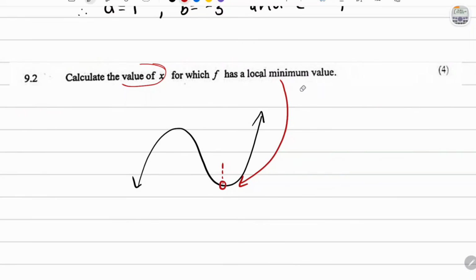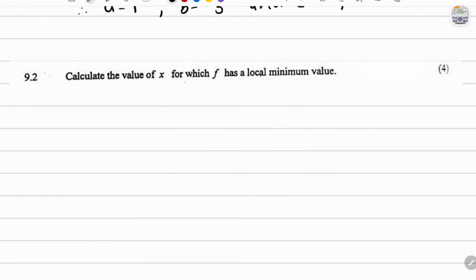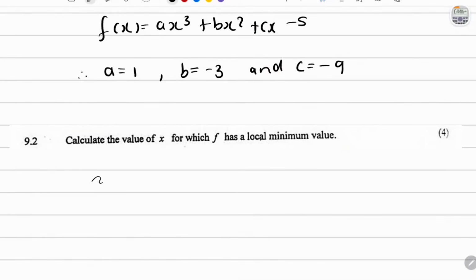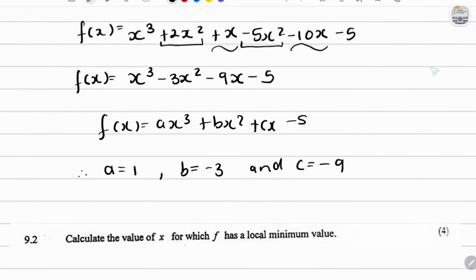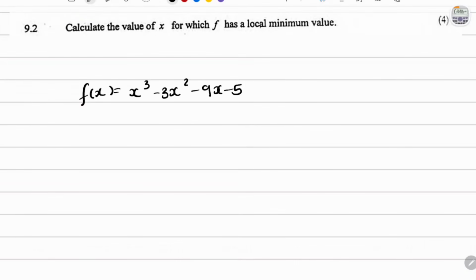So let's go ahead and do that. We're going to have to try to find the turning point first. That's what we're going to do. So take the function of f, which we now know, just rewrite it. And now that we have our function of x, we're going to find the turning point since we're looking for the local minimum. So we're going to derive this function, f prime of x is equal to 3x squared minus 6x minus 9. And now that you have that, to find the local minimum, you're going to make the gradient equal to 0,